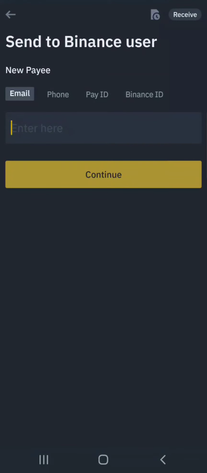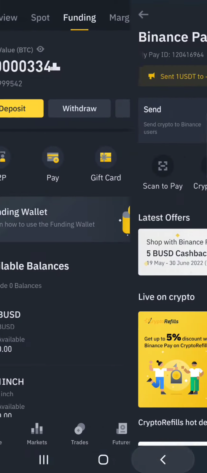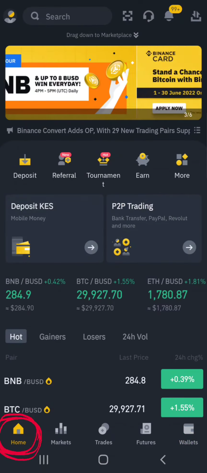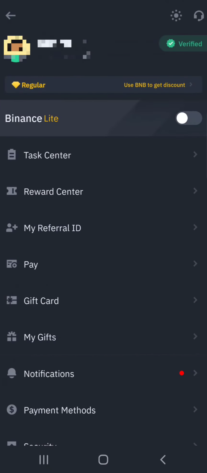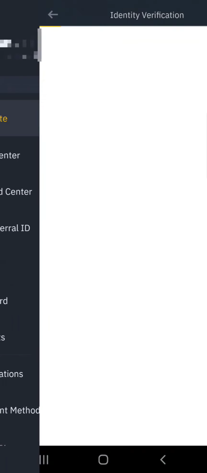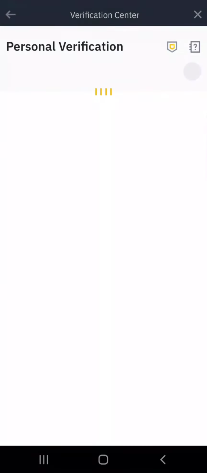What do I mean by this? So when it comes to the verification of an account, just come back and tap on home. At the profile avatar, click on that. Then where you see verified, just tap on that. So you will see that there are 2 forms of verification. Okay? So the first form of verification